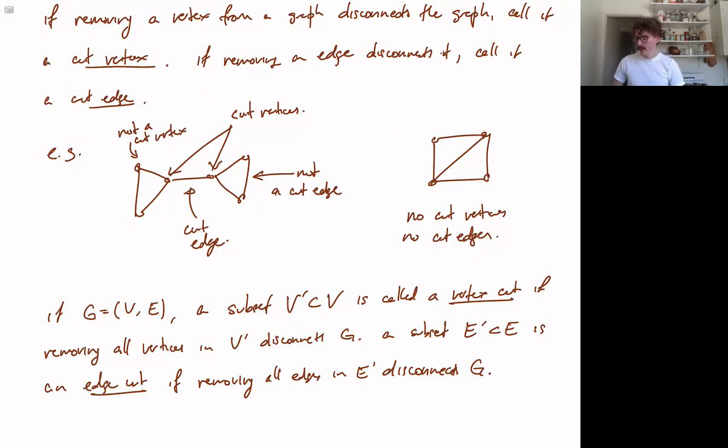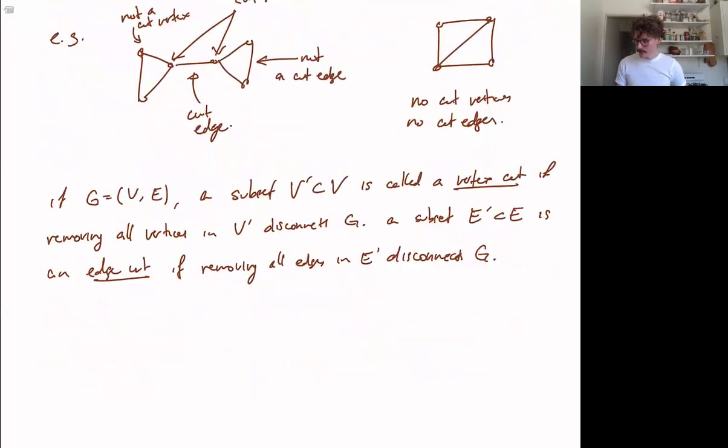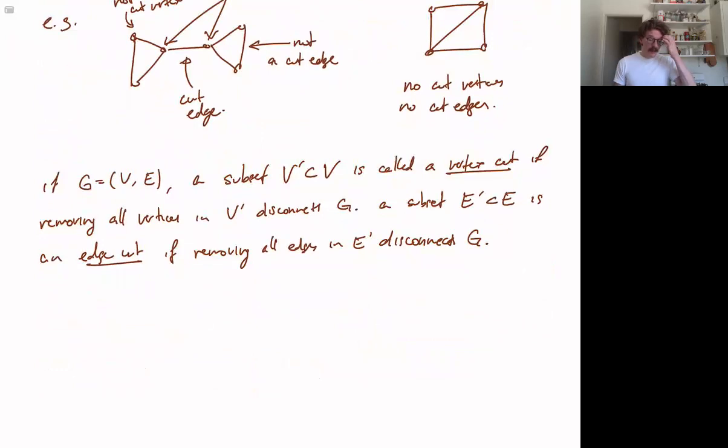It's asking, can you cut a bigger number of vertices or a bigger number of edges to disconnect the graph? And we can use this to define more refined versions of connectivity, namely